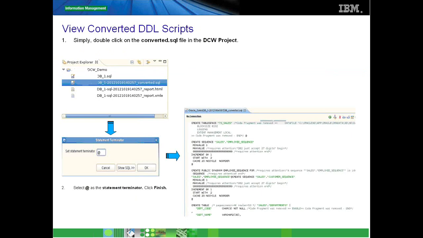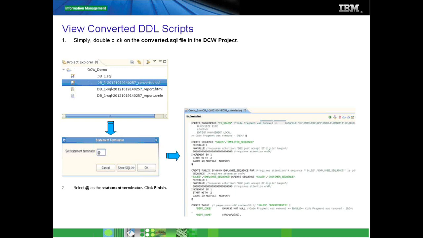Now, the same approach is going to be taken for all of the objects that require attention. So once you have fixed all the 7% of the code that required attention, you can also see the converted SQL, because the evaluation engine does not run on its own, but it also runs the conversion engine, right? So you also will have a converted .SQL file. So as you can see, after the evaluation and conversion phase is over, the Project Explorer will have another file called the converted.sql file.